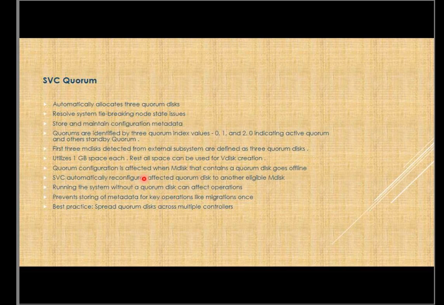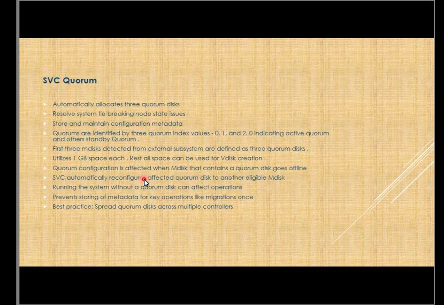We can have one set of nodes belonging to all IO groups in a specific location, and one set of nodes belonging to all IO groups in another location. We can have an SVC quorum in a third location for disaster recovery purposes. In case of a connectivity loss between these two locations, SVC quorum will perform a tiebreaker and decide which node or set of nodes will remain as the active node set. That is the feature of SVC quorum.